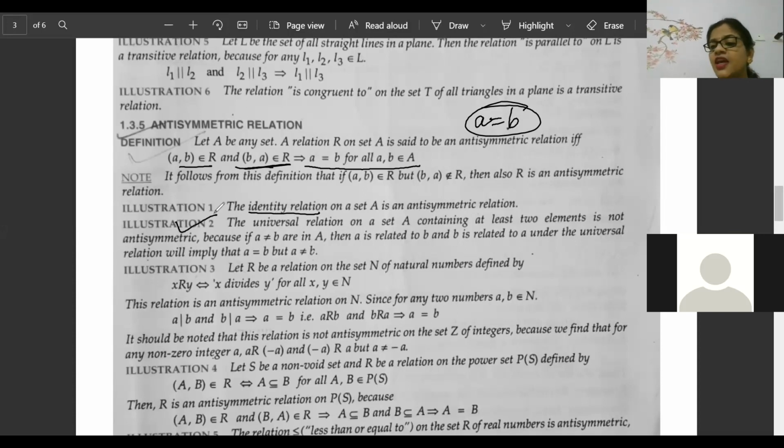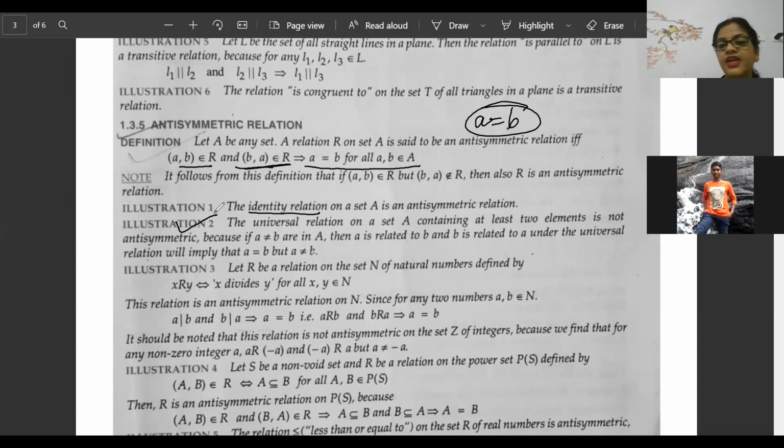Okay, Maheshwar is telling: antisymmetric means that the only way for both A related to B and B related to A to hold is when A is equal to B. It can be reflexive, but it cannot be symmetric for two distinct elements. Clap for you, Maheshwar. You have nailed it. You told the entire part of it. I'm very, very happy that you have given this condition. That means he has given out the entire content of the understanding I was trying to build.